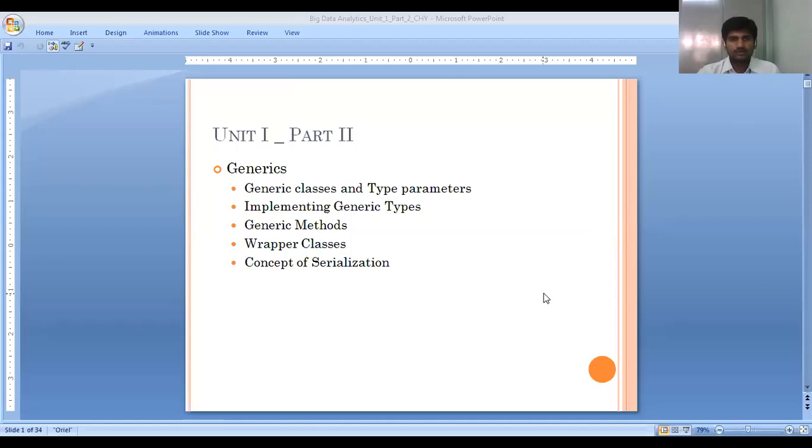Today we are going to be seeing about these generics for the wrapper classes. So how we are going to use generics and wrapper classes in Java. This is advanced in Java. Definitely in Java 5. We have various versions of Java. Java 5.0. So these generics are very well known.